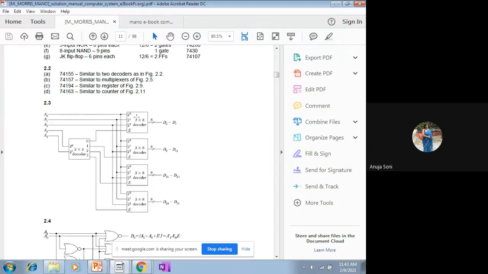Yes, please, beta. And how do we obtain these D values? Like for instance, this D0 minus D7. How do we obtain it? Listen beta, it is not the minus sign, it is a range. Range means it begins from D0 and goes up to D7, it means it's going to generate 8 output values.